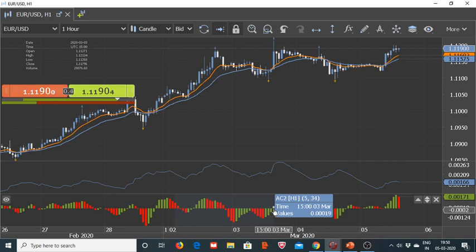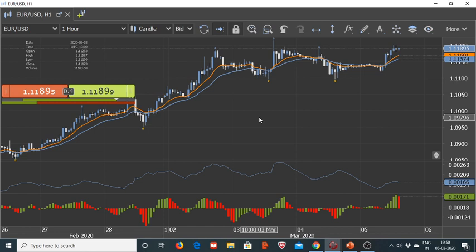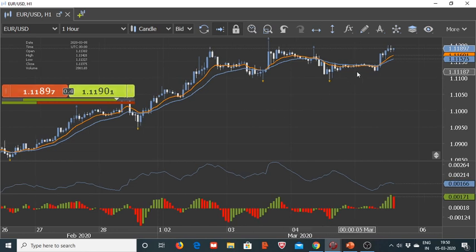And apart from that, we will continue to use the AC2. Now it's on hourly time frame. Let's see if it will fulfill our purpose. So we will look for some recent example where we can utilize this. So here you can notice that